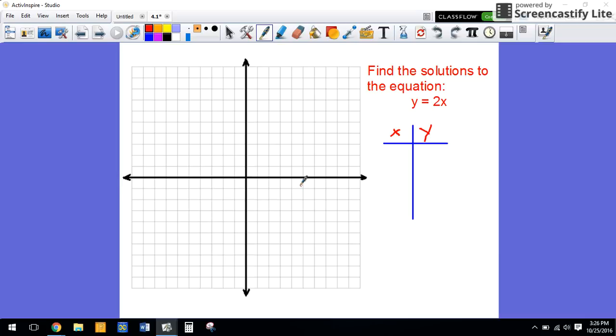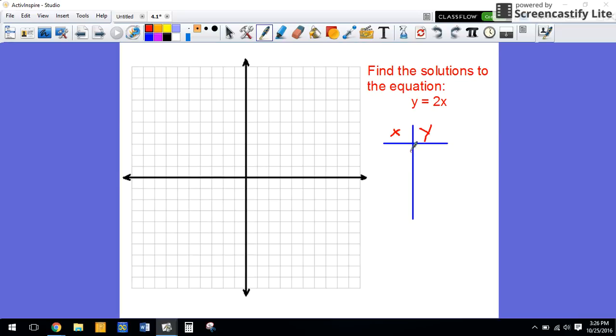This is your homework assignment tonight on chapter 4.1, how to graph a linear expression through making a table. Just a refresher, a linear equation is one that when you graph it, creates a straight line. Here we've got the equation y equals 2x, and we'd like to graph it. The only way we know how to do that is by finding solution points, graphing them, and then connecting those